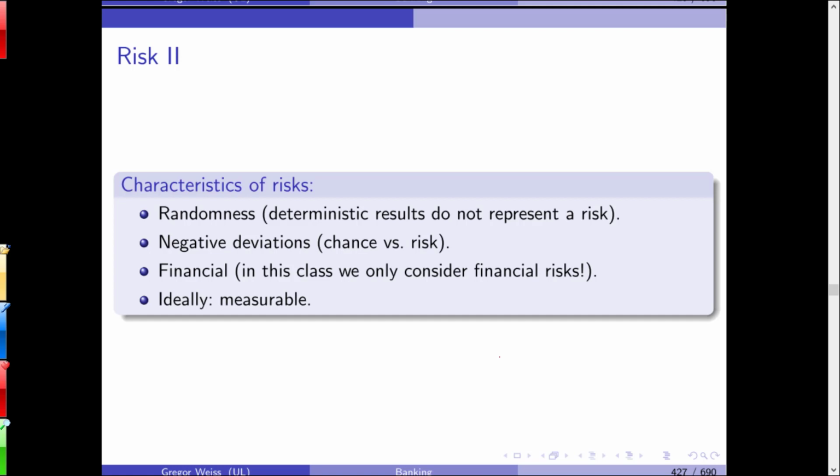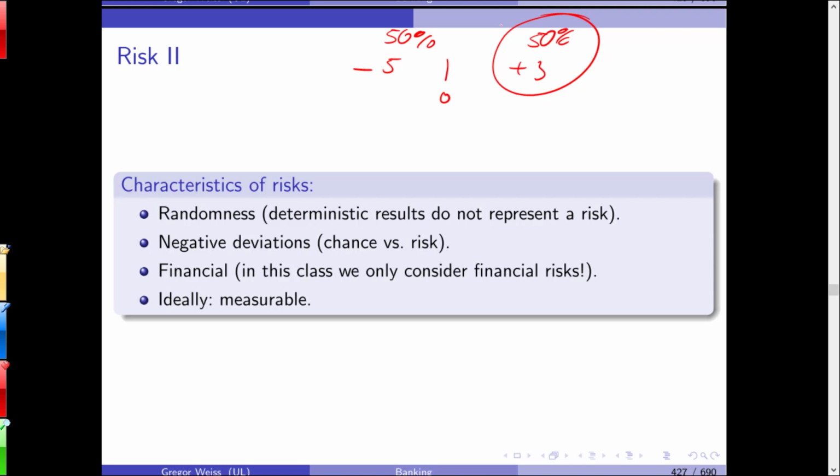One could also argue that, for example, if we start at 0 and we have the possibility of -5 or +3, each with 50% probability, well, this is also risk. This is a positive deviation from what we would expect. This is where it gets philosophical and also quite practical. I have some examples that can show you that even positive deviations can be seen as a source of risk. However, usually negative deviations, that's risk.